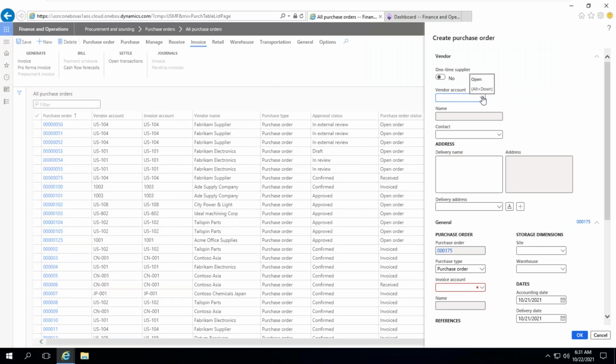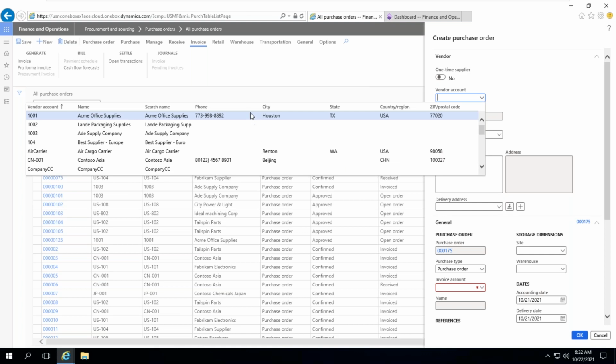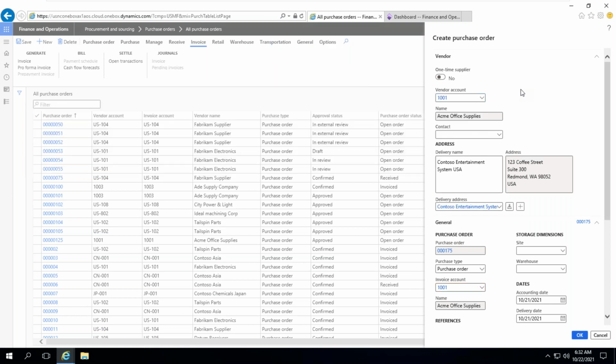Okay, from the drop down you can select the vendors. Vendor account means, as I have discussed already, the vendors from which you are going to purchase. Those vendors are showing here. How to create a vendor account I will explain later. Now I am selecting vendor 1001, ACME Office Supplies. So you are giving an order for this vendor account 1001. What these details are you will understand later.